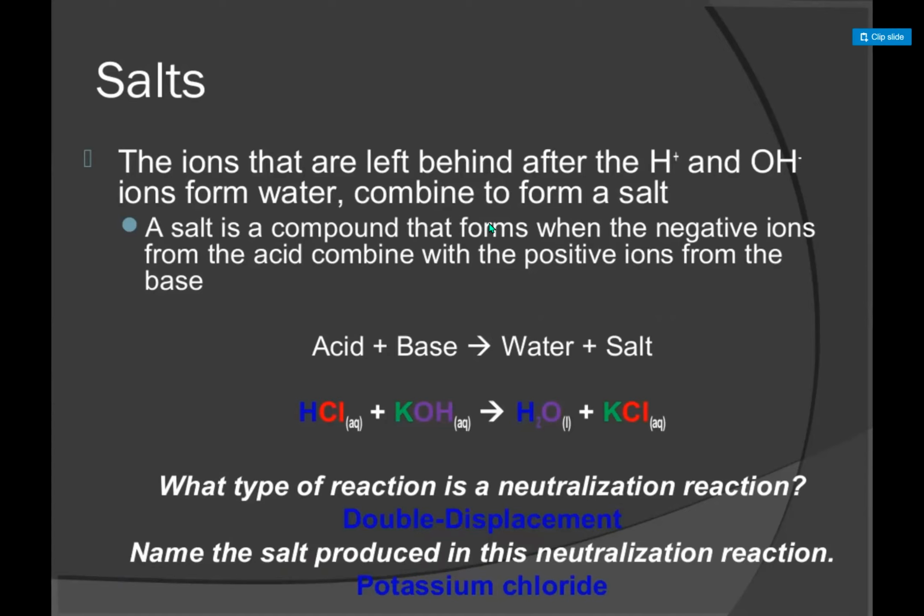So now next is salts. Salts are the ions that are left behind after the hydrogen ion and hydroxyl ion form water and combine to form a salt. Salt is formed basically when an acid reacts with a base, they form water and salt. Or we can say it is a neutralization reaction, salt and water will form. Or we can say it is a double displacement reaction, because here is the